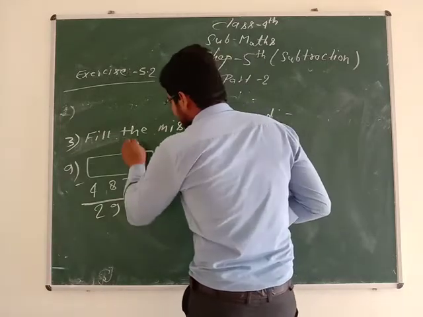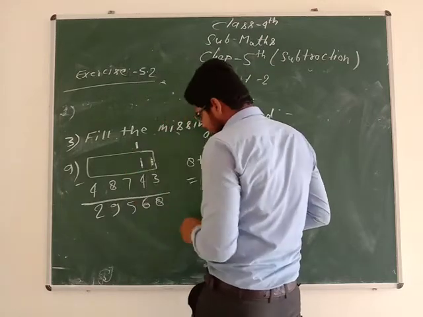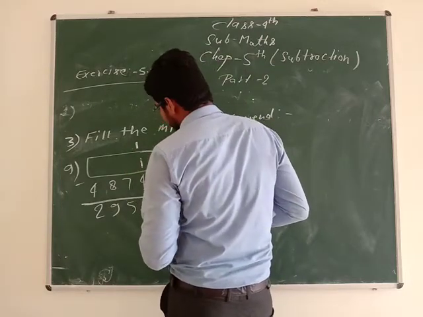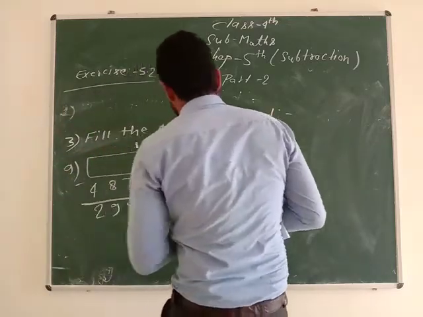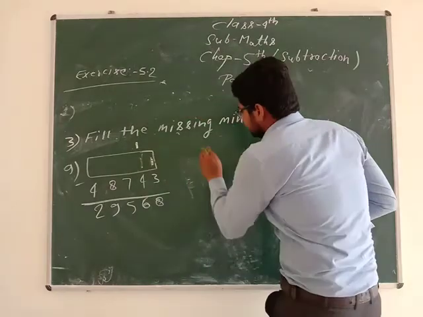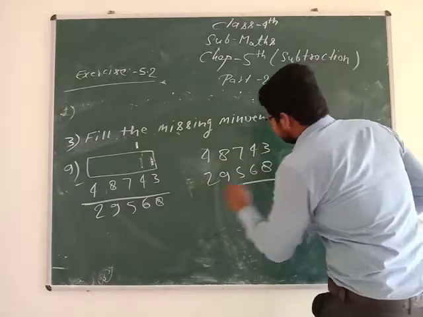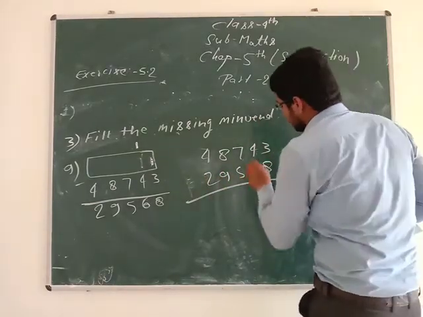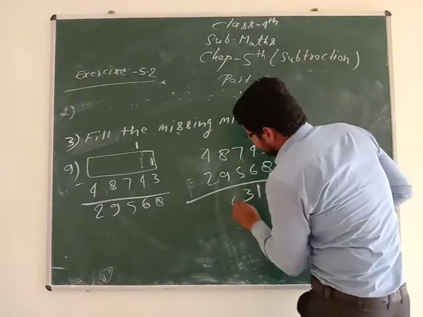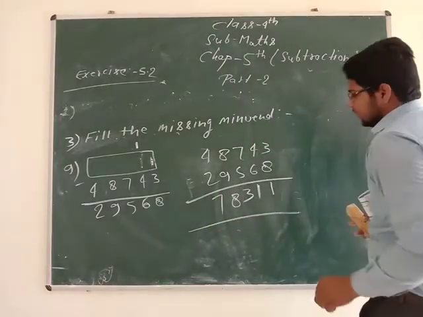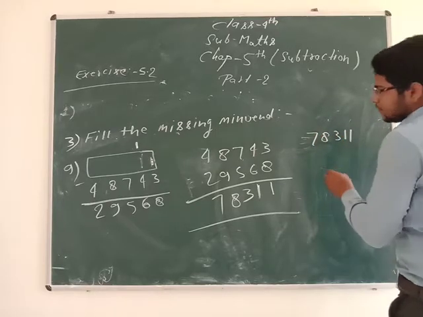So here we have one carry. 6, 4, 10. 10, 1, 11. As we can see, 4,8,7,4,3 and 2,9,5,6,8. Let's add: 8, 3, 11, 1 carry. 6, 4, 10, 1, 11. 7, 5, 12, 12, 1, 13. 9, 9, 18, and 4, 2, 6, 1, 7. 78,311 and